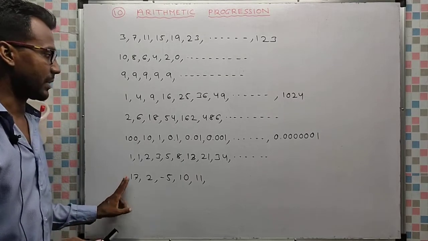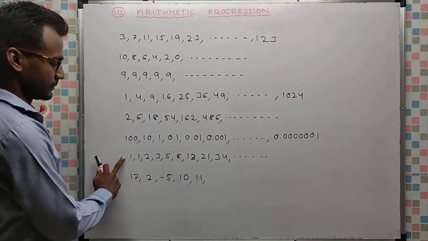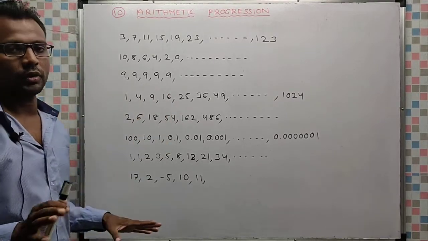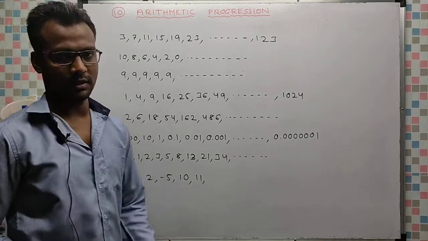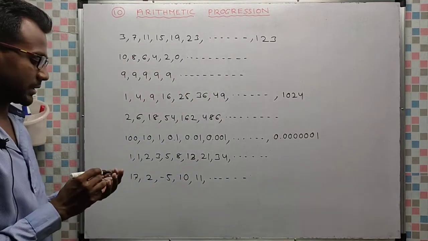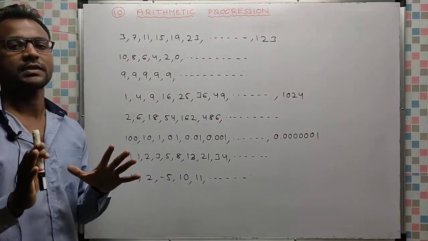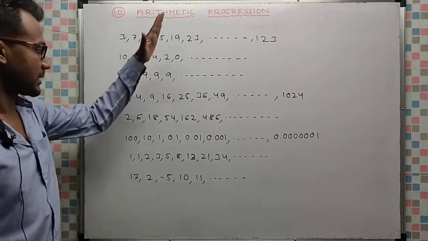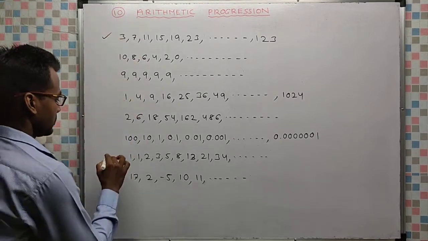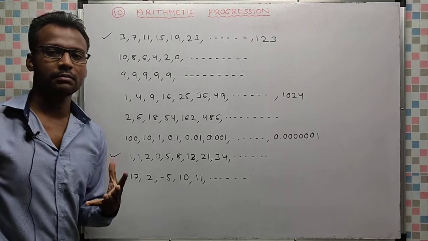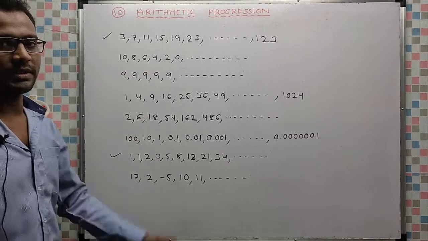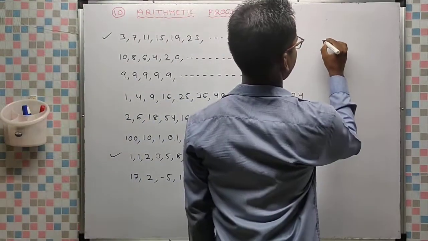In this arrangement, from here to here, I have written the numbers following a definite rule. But for this one, I have not followed any rule. So even I don't know what I am going to write here. I can write any number here. This is not an arrangement of numbers which follows any specific rule. Now see this arrangement from here to here. I have written the numbers following a certain rule. For that reason, we say that these are called sequences.